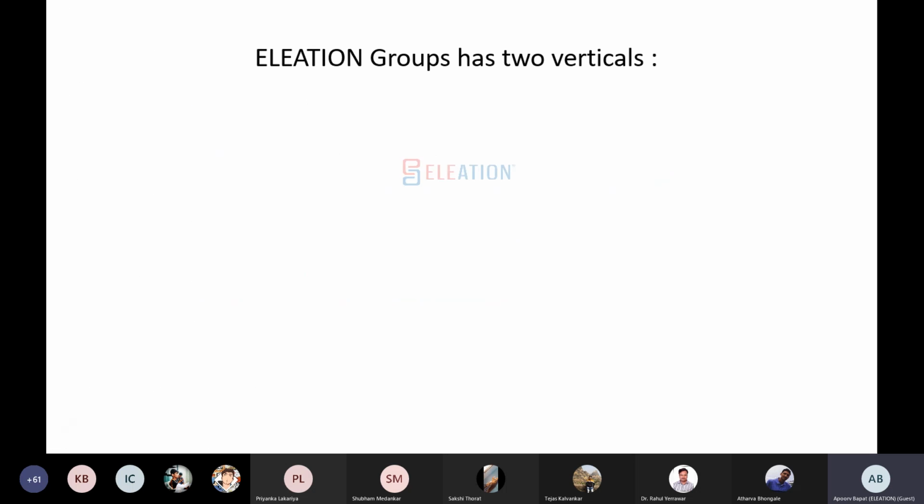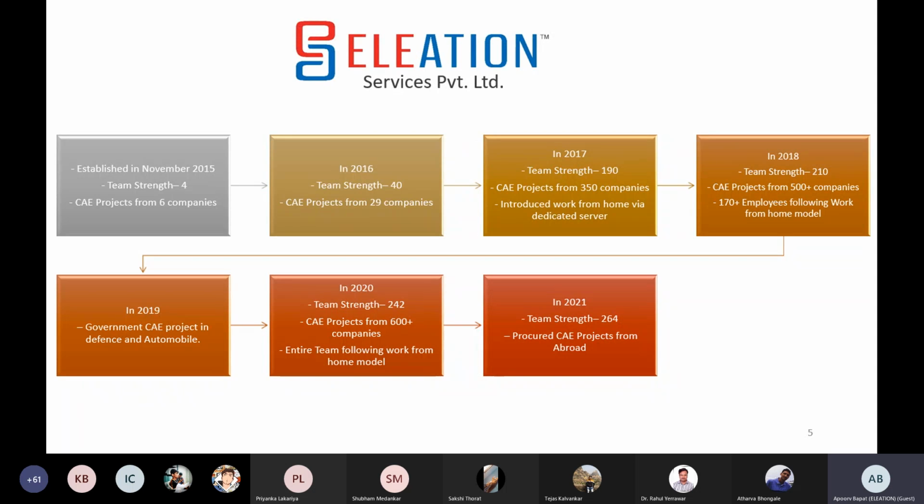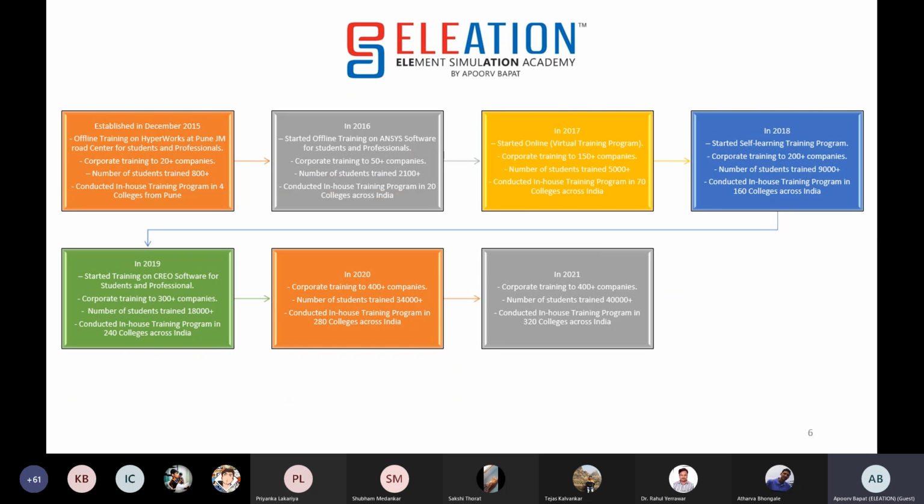So we'll start with the company. It has 2 companies, Services Private Limited and Simulation Academy. Services Private Limited started in November 2015, and today we have an employee strength of 264, which makes us India's second largest CAE company. Simulation Academy started in December 2015.